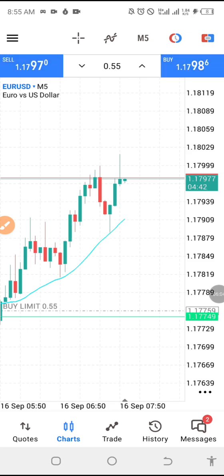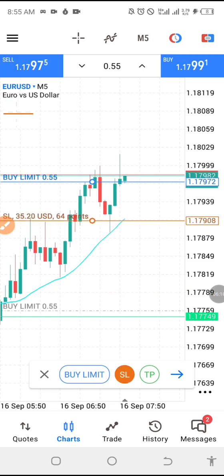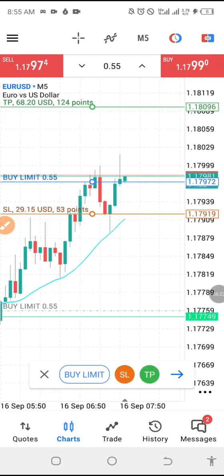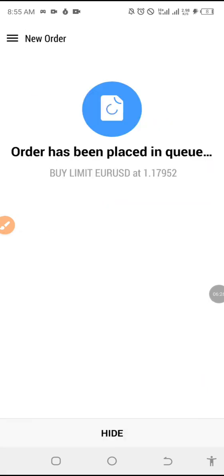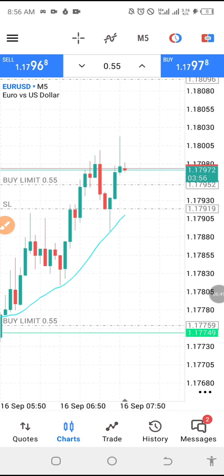For instance, let me just show you an example. Let's say I put the buy limit around here, and watch how it will just kick me in once price gets to that zone. Okay, let me take it a bit closer. So let's see, once price comes to this point, you see that the price will just put me in the trade. You can watch how price gets to this point, and you see how price will just bring me into the trade, even without me clicking on this sell or buy buttons,